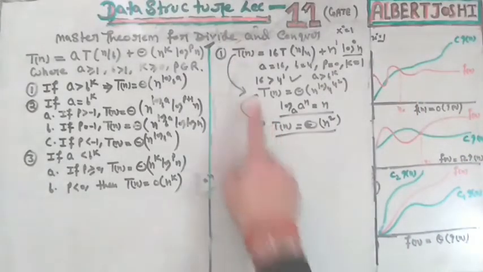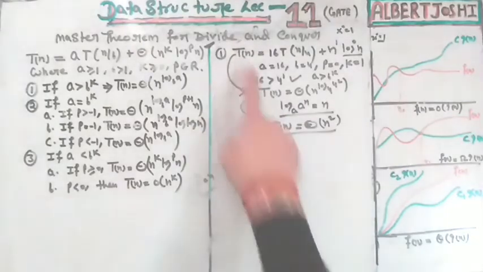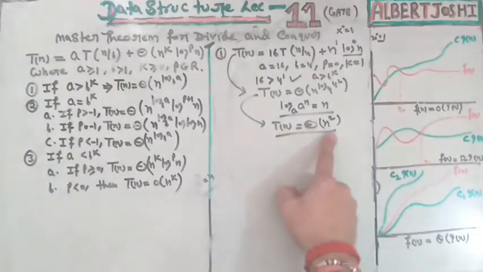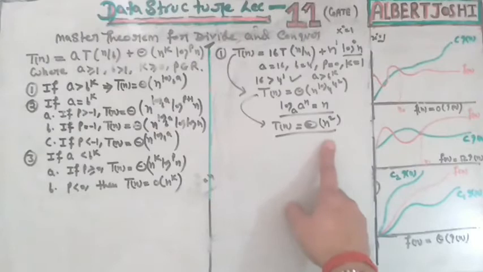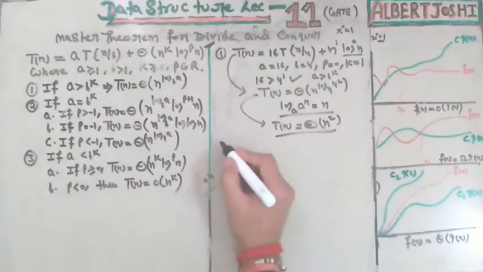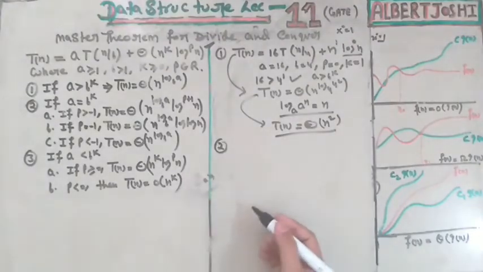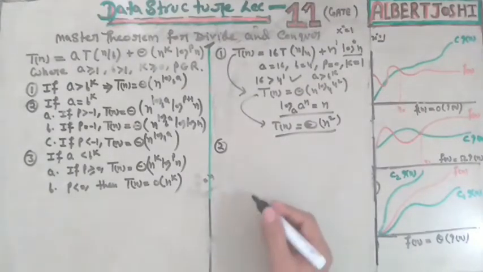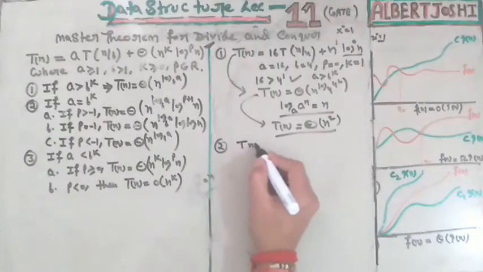Okay. So then directly you can write the time complexity for such type of case: T(n) = Θ(n²). Okay. Now the second example. The second example is, suppose you have